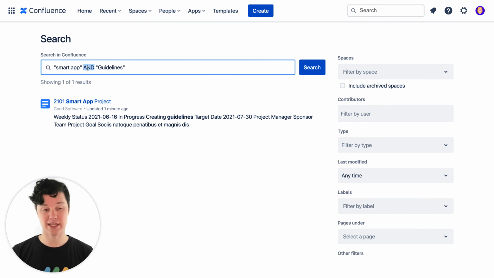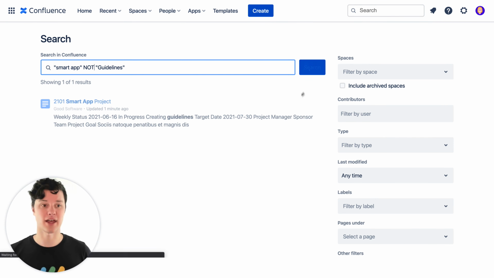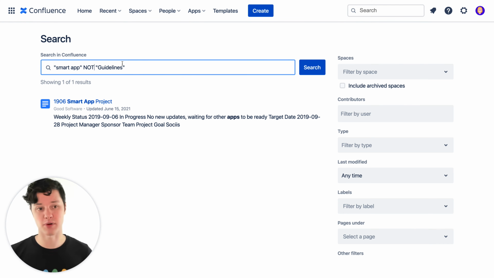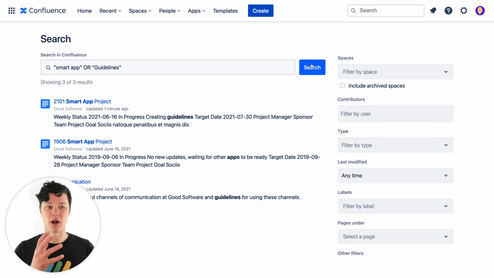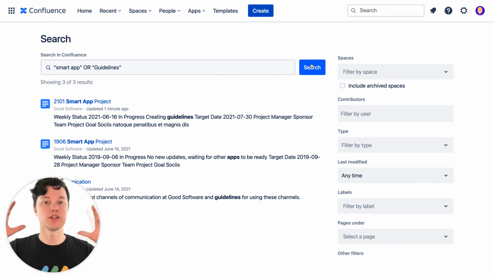I can also use things like NOT. So if I wanna find a page about Smart App, but it doesn't have the word guidelines, I can add that. So I'm gonna see my other project page. Or I can use the OR operator. So with this operator, I can see pages that have Smart App or the word guidelines on it. So this is really useful when you're looking for very, very, very minute things, but not necessarily something you're going